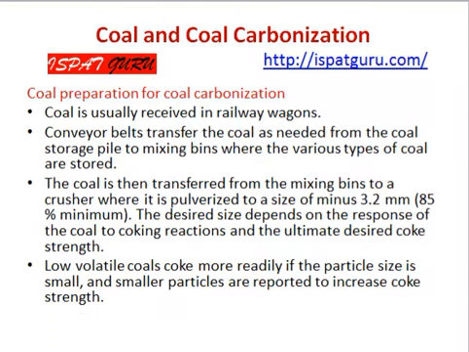Coal is usually received in railway wagons. Coal conveyor belts transfer the coal as needed from cold storage pile to mixing bins where the various types of coal are stored. Coal is then transferred from the mixing bin through a crusher where it is pulverized to a size of minus 3.2 millimeter, 85% minimum. The desired size depends on the reactivity of coal to coking reactions and the ultimate desired